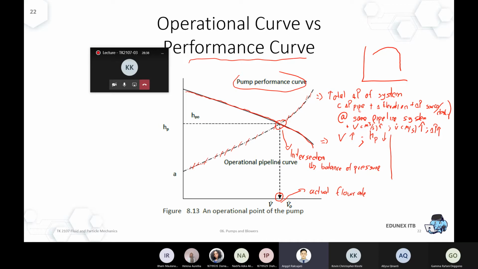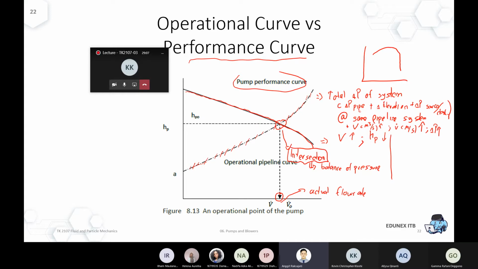So sometimes it's a very complex operation in a multiple pipeline network system. So we have to talk about the pressure balance of the system. Because of some variations in some conditions, it will affect the flow rate, which gradually starts to increase or gradually starts to decrease. So again, the main point in this slide is you have to understand